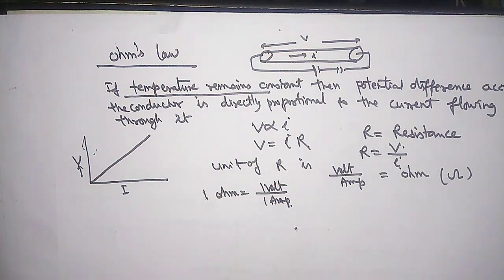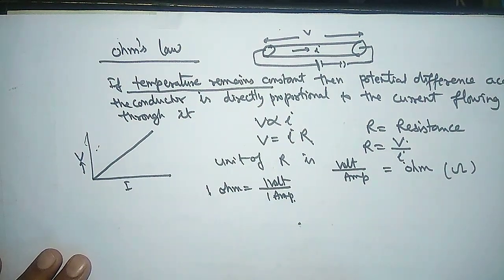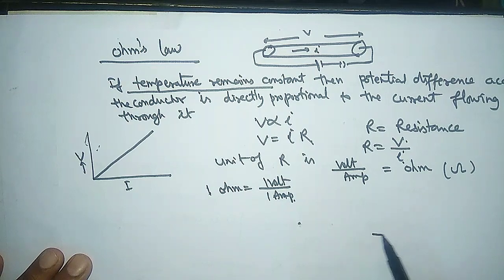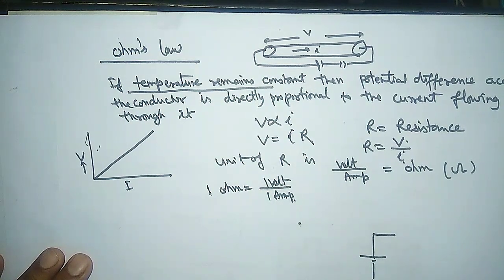Now how can we experimentally prove it? How can we experimentally observe Ohm's law? It is possible in the laboratory also. See how we can show Ohm's law. Suppose this is a cell or battery. Connect it with the key. This is the cell, and suppose this is the ammeter. It is always in series.